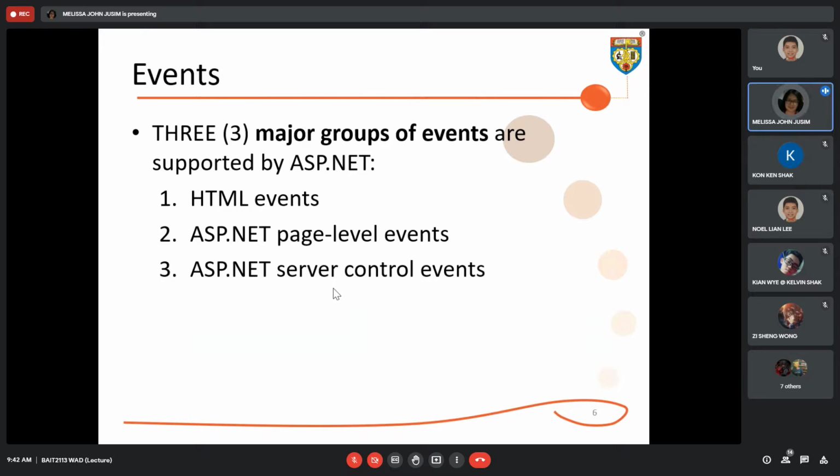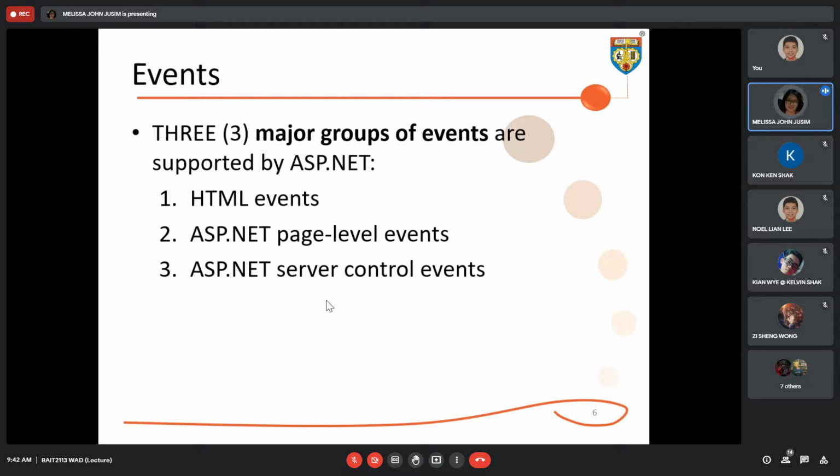So if you have a drop down list, and then you want to write a code when the user selects any of the items in the drop down list, that is under server control events. Okay. So basically, we have answered the past year question already.